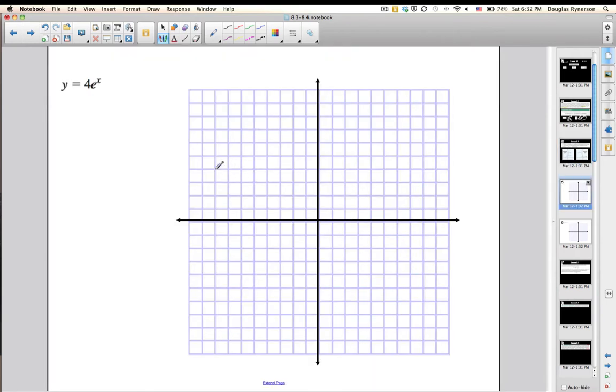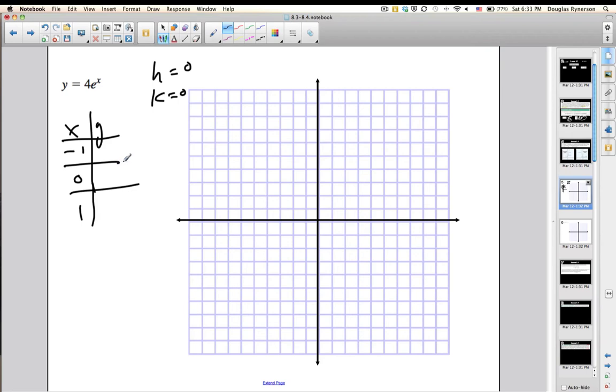So if I want to graph y is equal to 4 times e to the x power, you'll notice that in this case, h is equal to 0, k is equal to 0, so I'm not going to have to shift this. When I create my input-output table, I'm going to use the same values I did before. I'm going to use the negative 1 power, 0 power, and 1. Now, this is basically going to become 4 divided by e, right? And e being